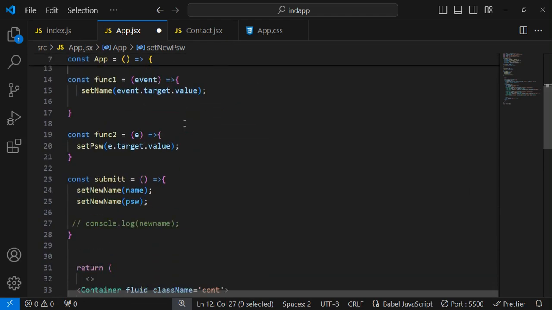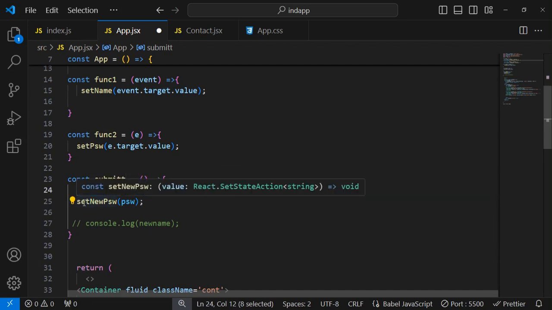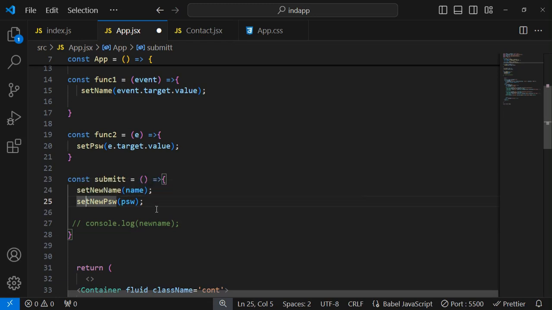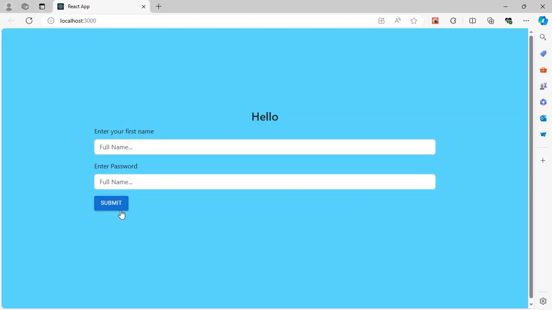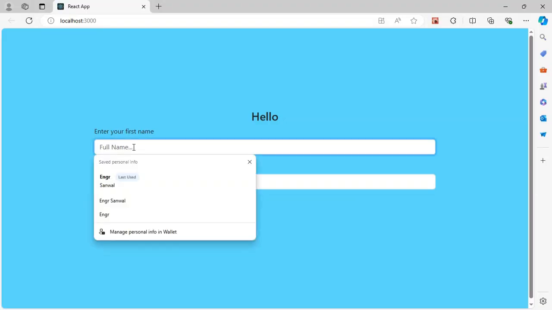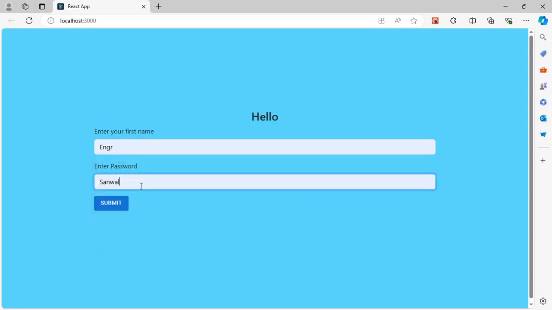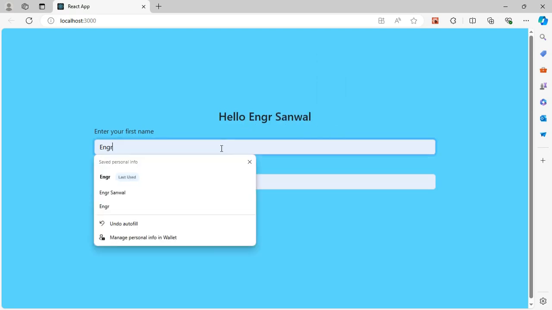Control C, and here I am going to just paste it. Control V. And this state is to update our name, and this state is to update our PSW. So mistakenly I had the same in both of them. Just press Ctrl S and move to our output, and here I am just going to write my names, and whenever I click on the button you can see that both values are fetched successfully and are displayed with the hello. So this was all,